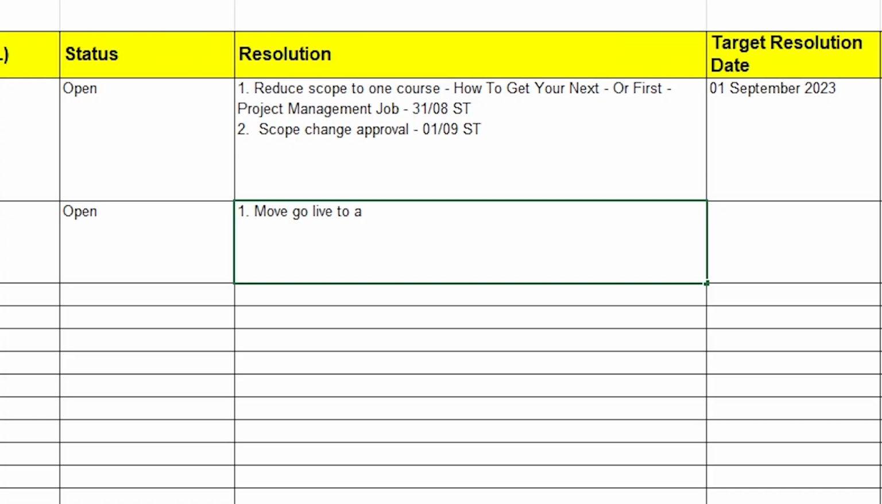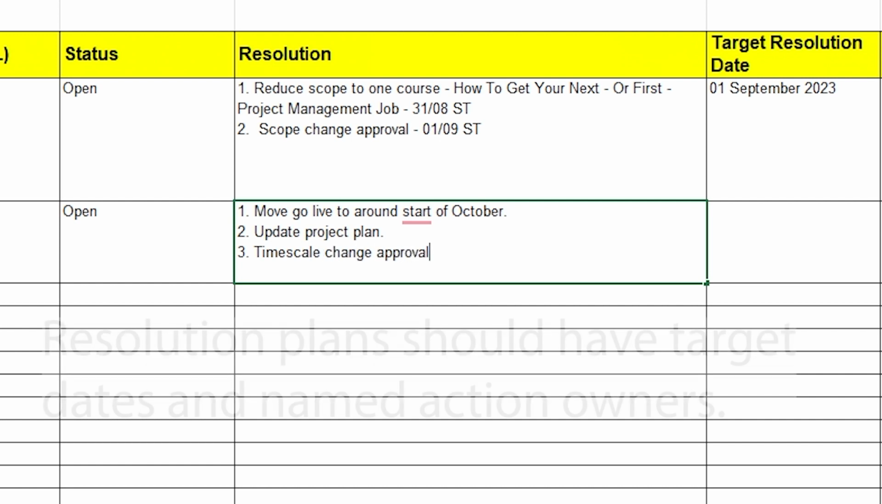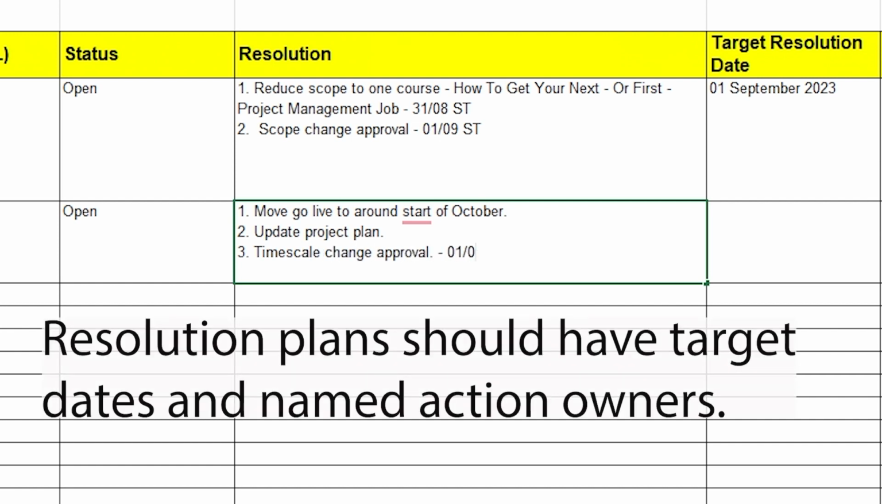The resolution for this is to move the go live date to closer to October, which presents an opportunity. I might be able to put some sort of an early bird sale on there as well to see if I can attract some customers before the full launch. But because I'm changing timescales, that means I need to go back to the schedule, back to the project plan,